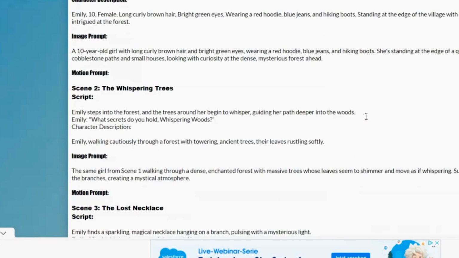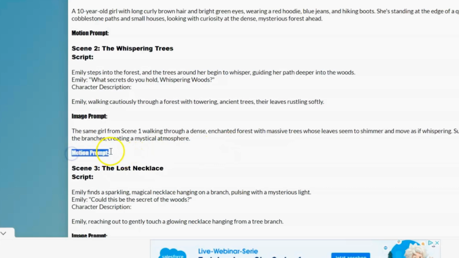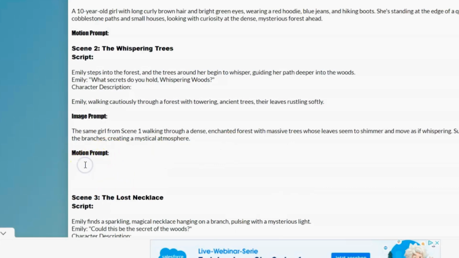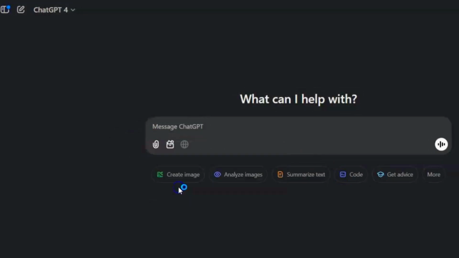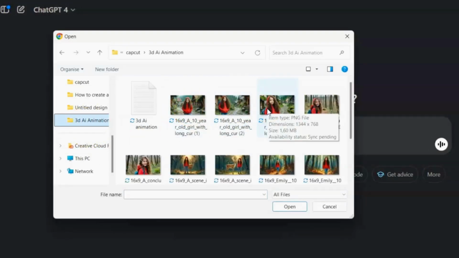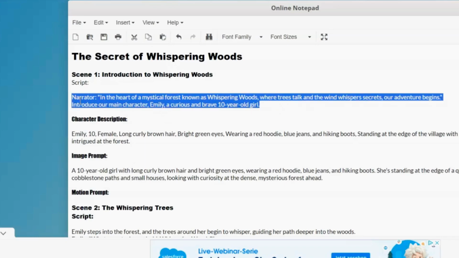First, go back to your script. Remember the motion prompt section I added? We won't create the motion prompt ourselves. We'll have ChatGPT do it. Here's how. Go to ChatGPT, upload the image from the first scene, copy the first script, and type,